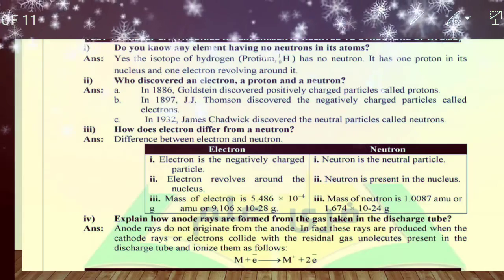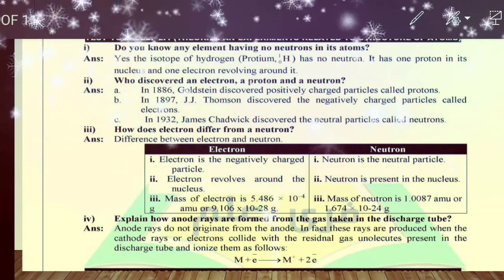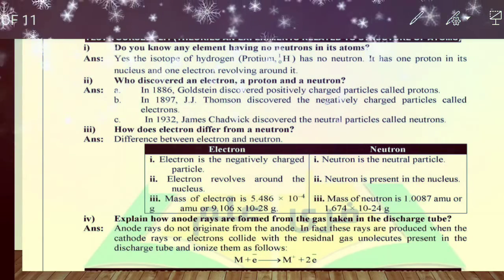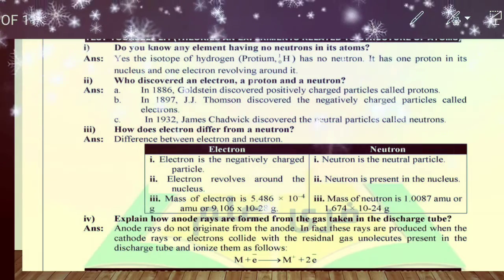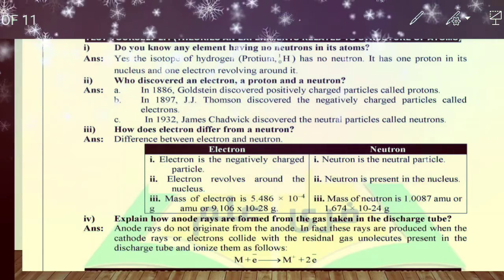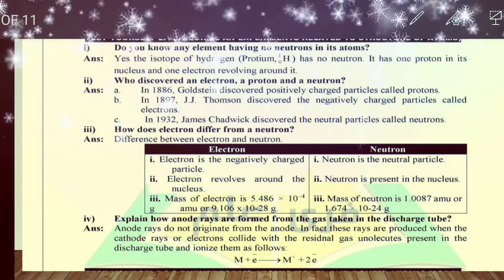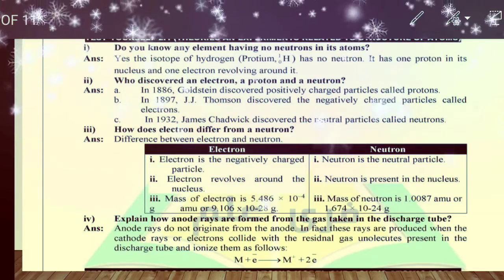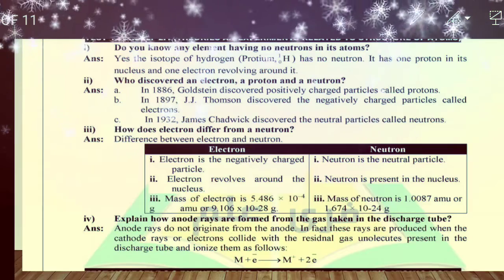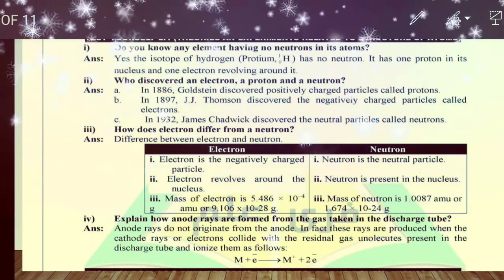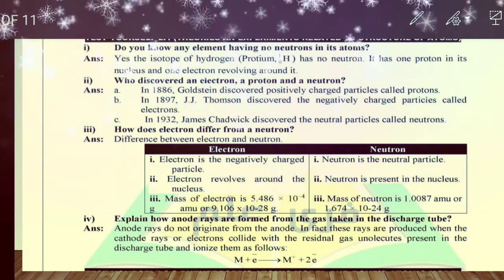And there is a note: there is a spelling mistake. In "with the collide with the residual gas," you should write U in place of N, and in "gas molecules," there is a printing mistake, you have to write M in place of UN. Molecules present in the discharge tube, and analyze them as follows. So that's our today's lecture.